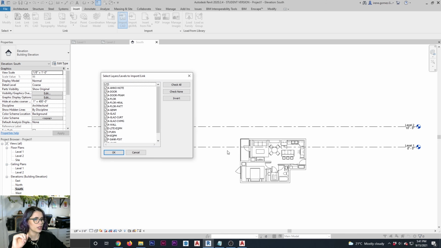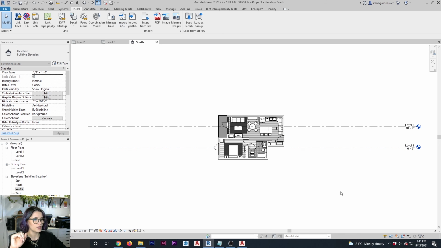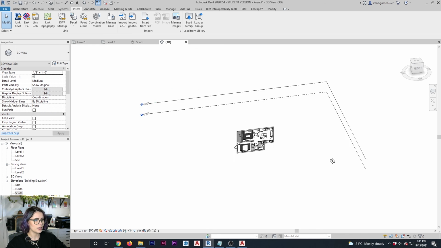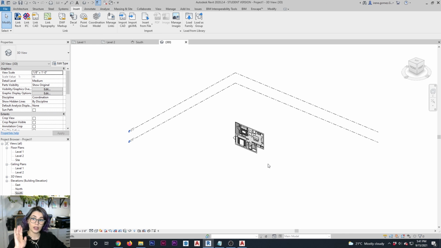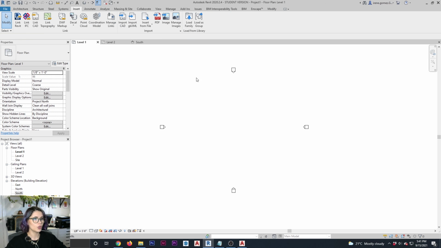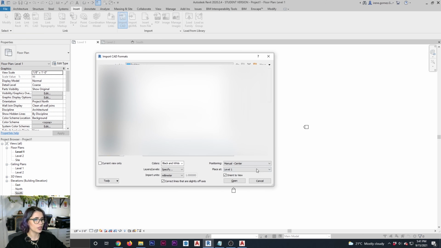So if I go here and I say open, okay, see, now I can place it. If I go here on my 3D view, you're gonna see that it is elevated. So this is not just for floor plans, which I find particularly handy. And that really covers all of the options to import CAD. Now that you know them, again, you don't necessarily have to change these settings each and every time. The whole idea is to have options.